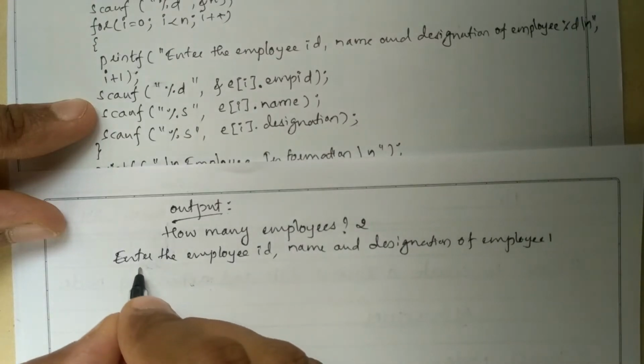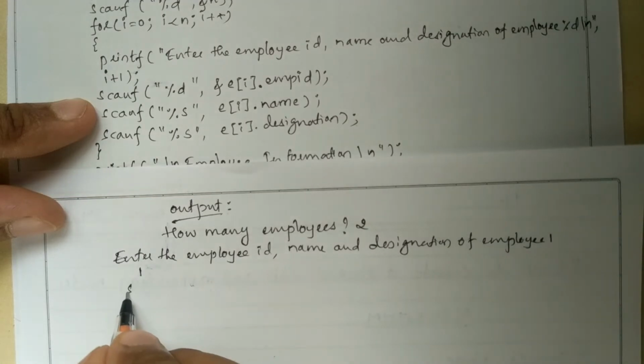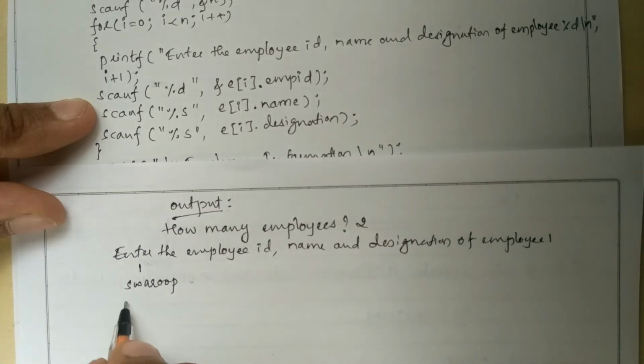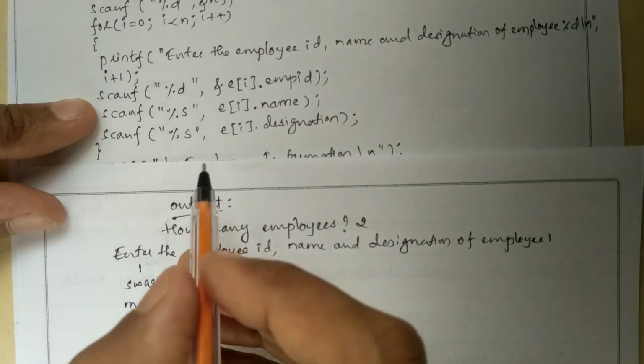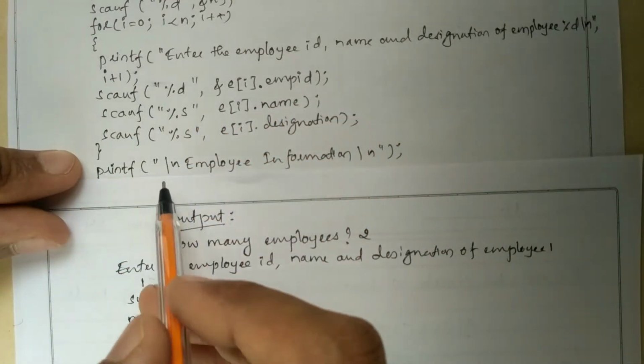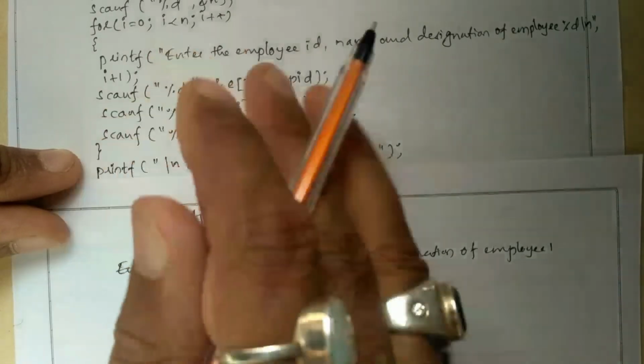For example, I'm going to enter 1. Next, it is asking name. Now I'm going to write the name called Swaroop. Next, I'm going to enter designation. For example, I'm going to enter manager. Okay. So after inserting the 3 values, again control transfers to for loop by incrementing the value of i by